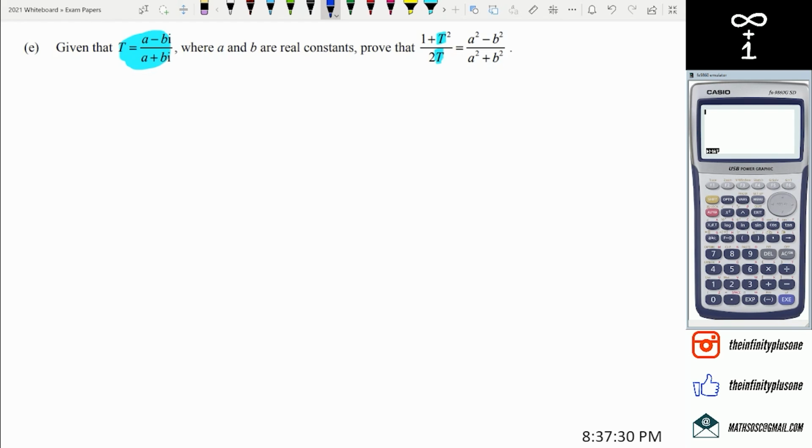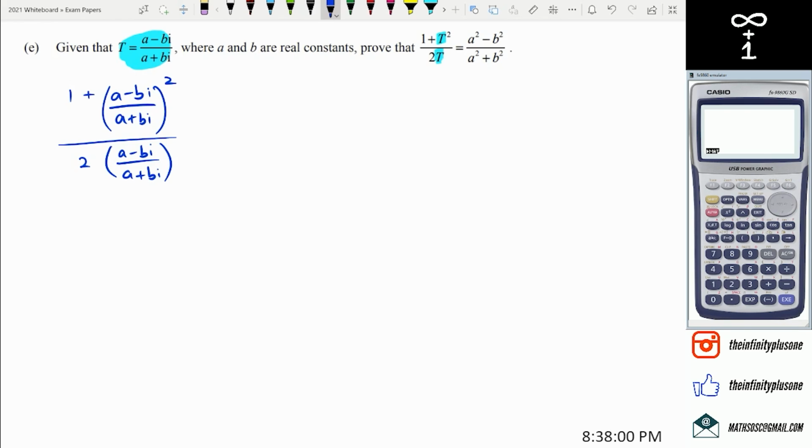I'm going to try and write this as small as possible, but we're going to try and work this out. So we've got 1 over (a minus bi), that whole thing, plus 1 over (a plus bi), and the whole thing squared, divided by 2 times (a minus bi) and (a plus bi). Okay, so the first step we want to do is